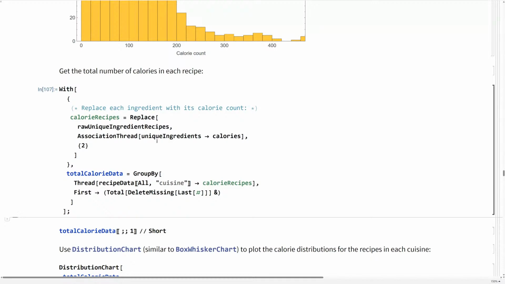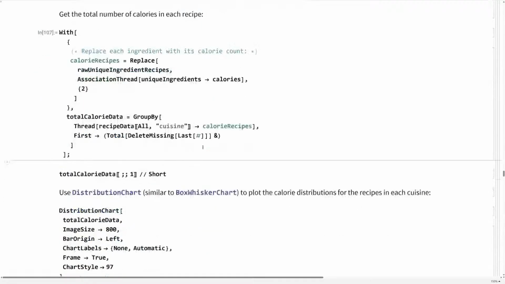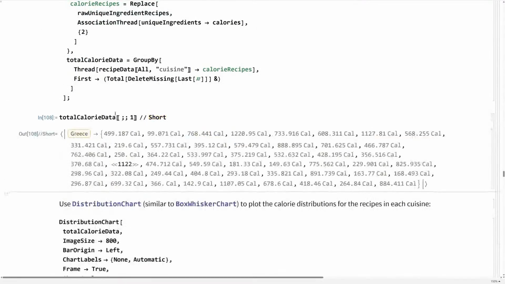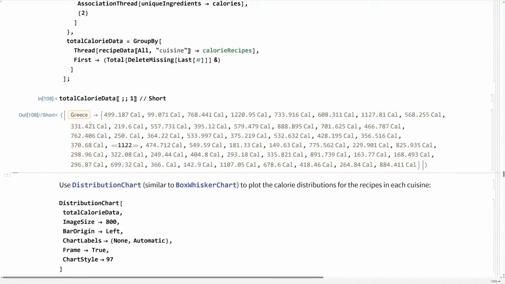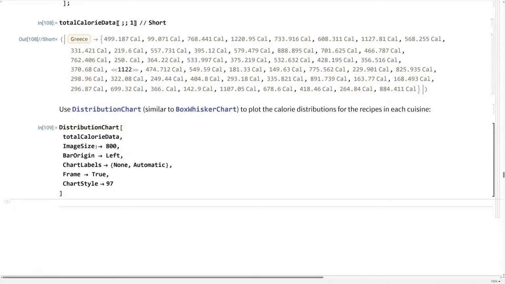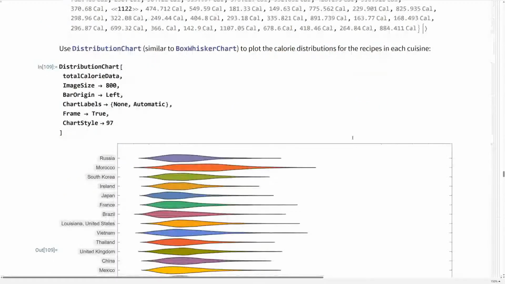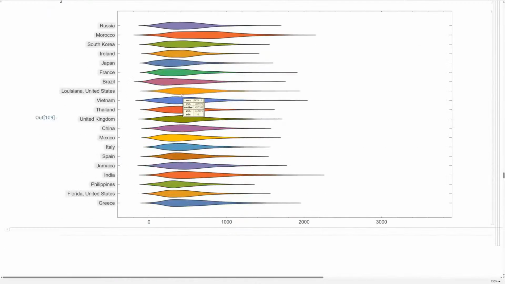Here we're getting the total number of calories in each recipe. This example is Greek cuisine, showing what the calories are,